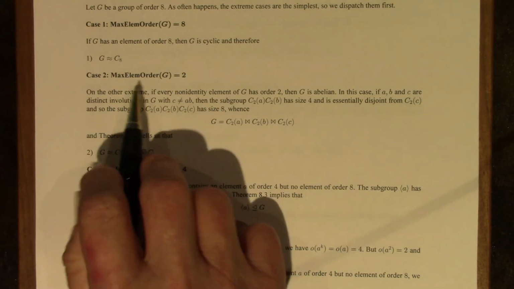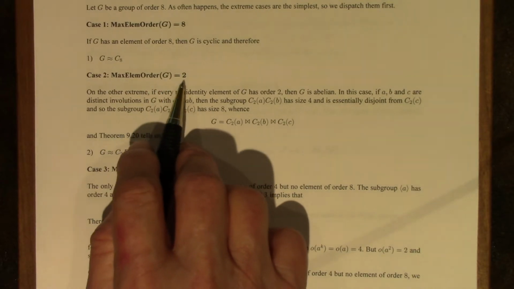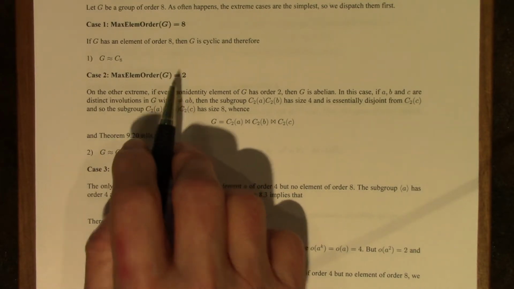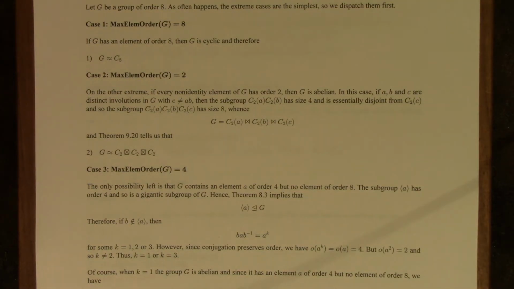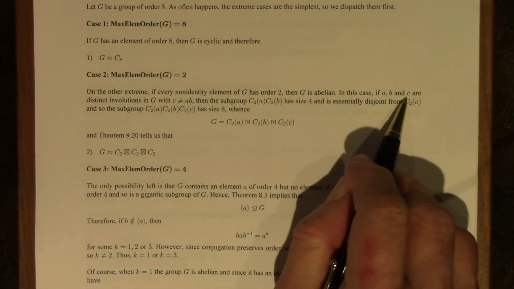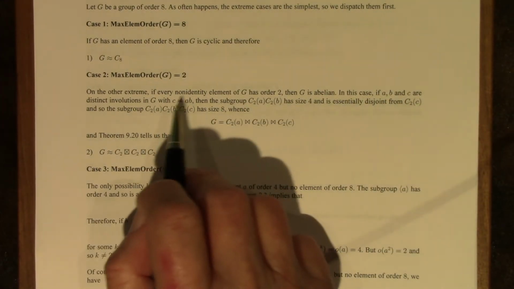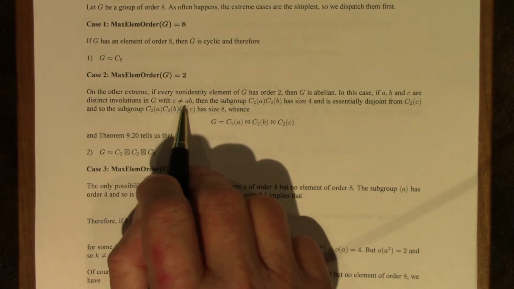At the other extreme, if the maximum element order of the group is 2, then every non-identity element is an involution, order 2, and so we proved a long time ago, actually, I think I left it as an exercise, that G would be abelian. It's a one-line proof. So in this case, if A, B, and C are distinct involutions in G, and if C is not equal to AB,